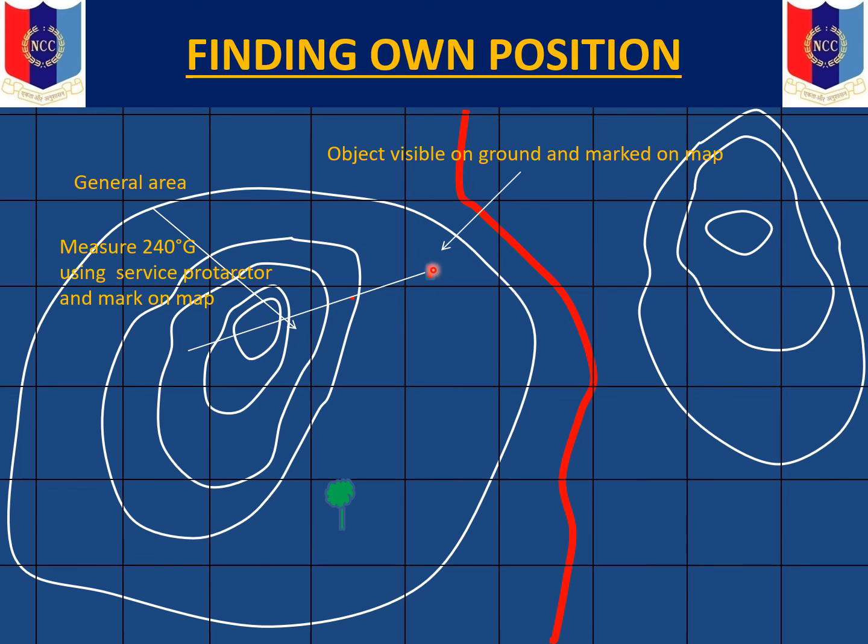And supposing if this distance is too far, it is not physically possible to go across to this landmark and measure this distance, then you have to repeat the procedure for this landmark, for the survey tree also, and you get another line from this survey tree, you extend it to your own location and backwards. So wherever there is an intersection between these two lines is your own position.